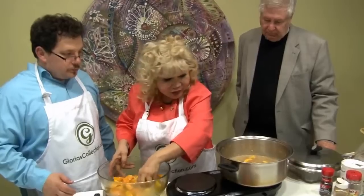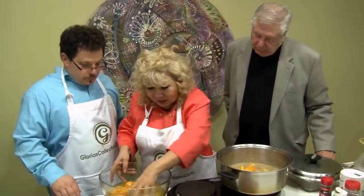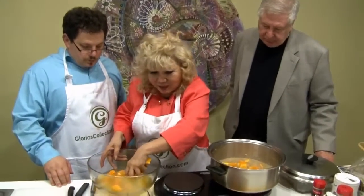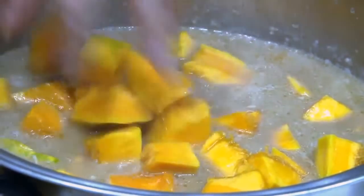Then we get this to boil. And once this gets soft, then we put the crabs. And the crabs are already cooked, so we only have to put them in the last part so they don't get overcooked. Okay, so we put this there,